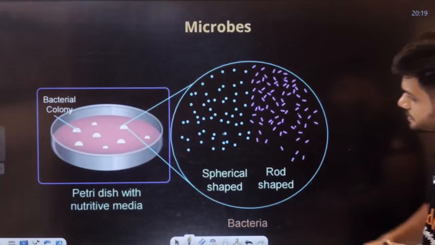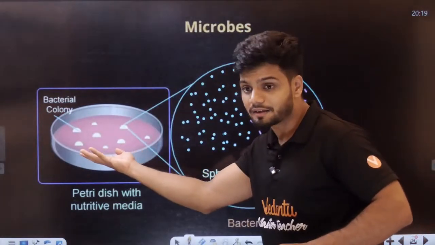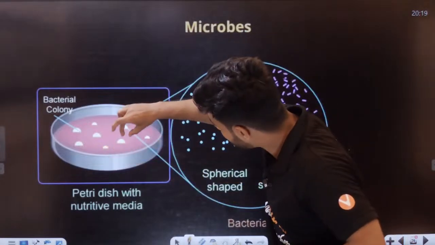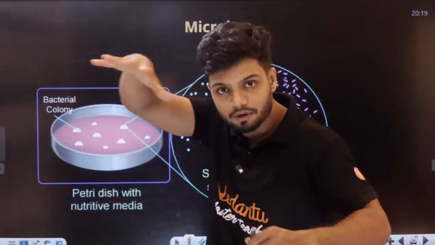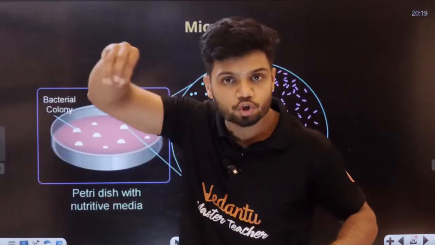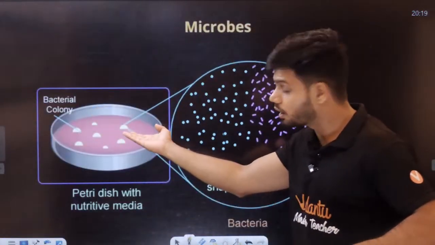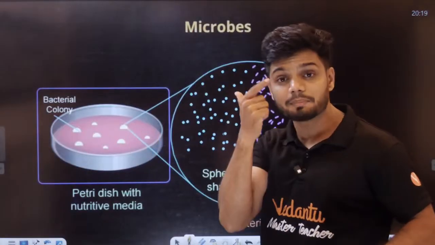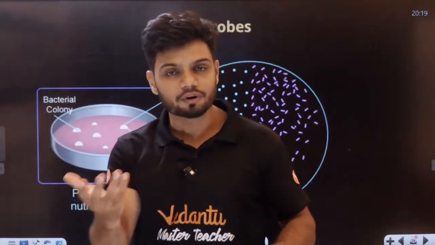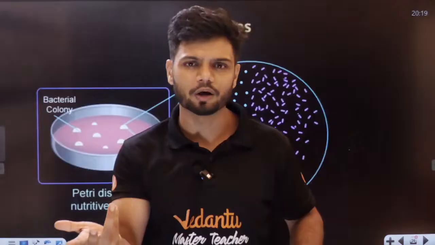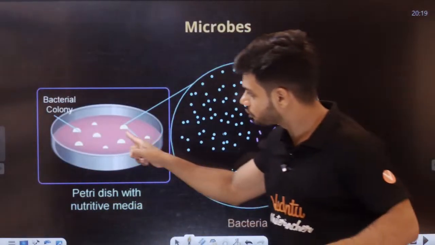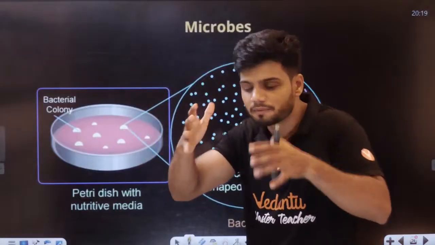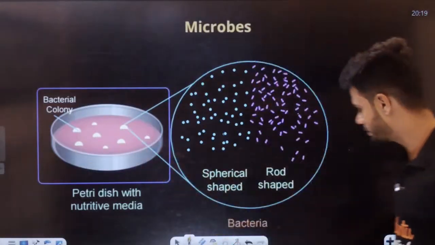Okay, students. Now, all of these microbes, when we grow them on a media, we can see them as larger colonies. These are called bacterial colonies. So, if we grow them on a media, we can see large colonies everywhere. And these colonies can be seen with the naked eye. For this, we do not need any microscope. To see individual microbes, we need a microscope. But when they form a colony, when they group up, we can see them very clearly, students.